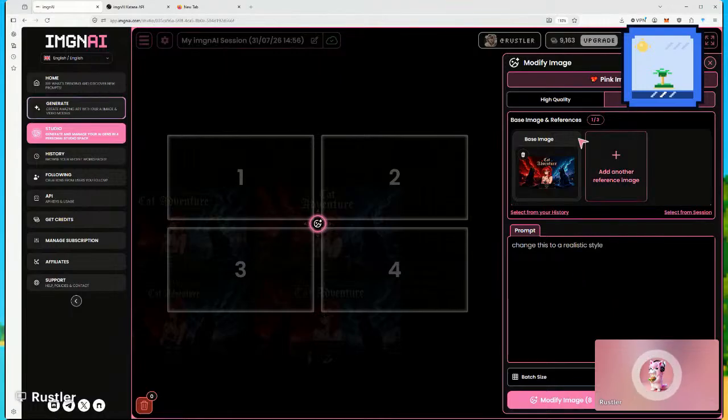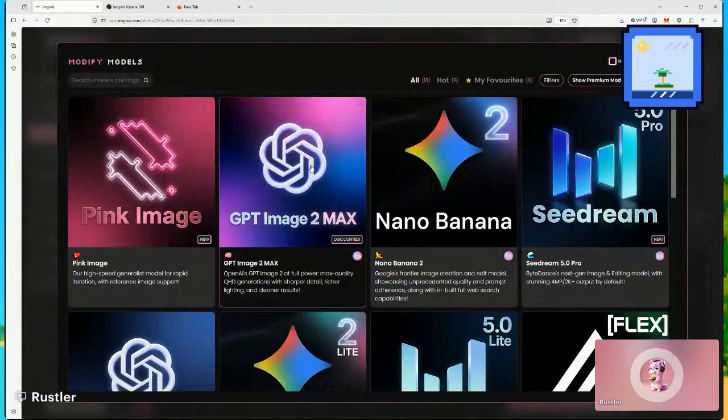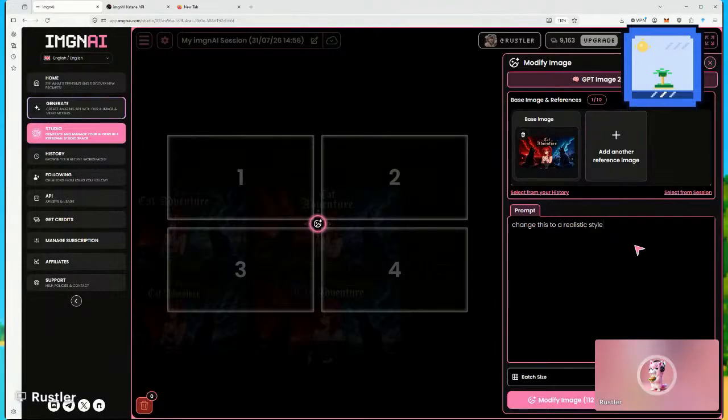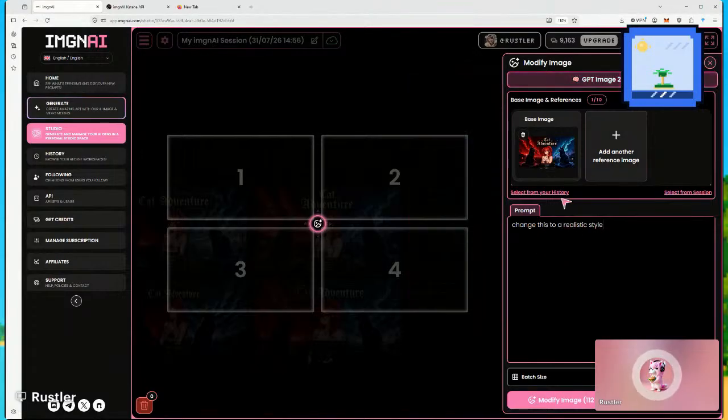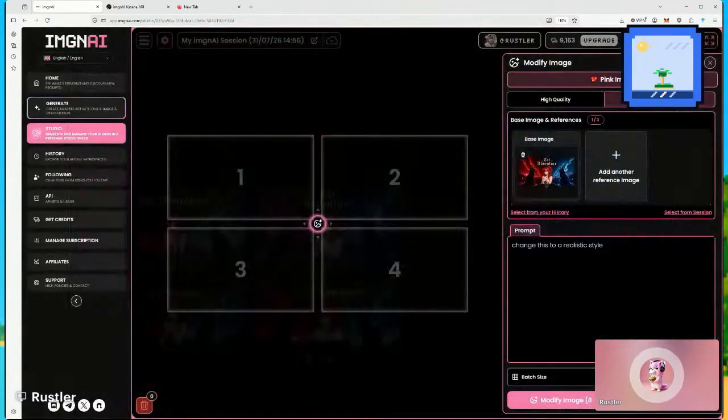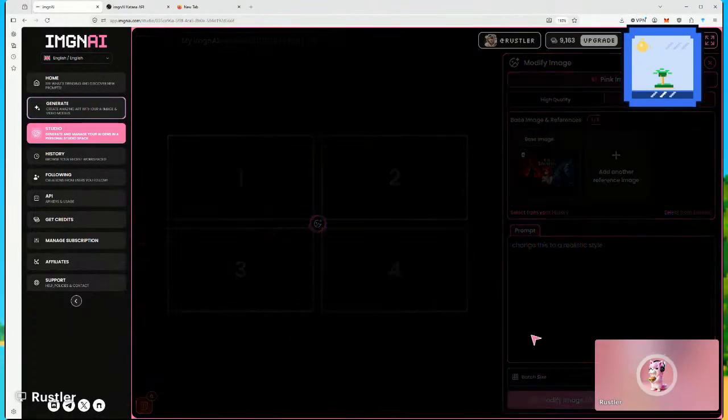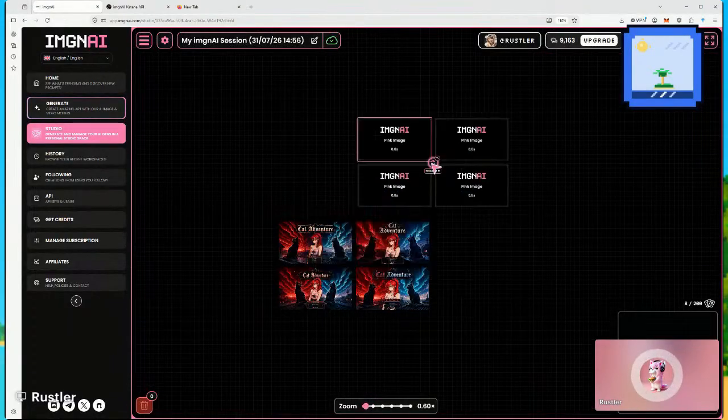Say change it to a realistic style. I'll tell you what, that's going to be quite difficult for Pink Image to do. It can do it, but I don't think it would look very good. GPT Image 2 Max is what I'd recommend for when you're doing a full style change like that. We'll try it with Pink Image, see how it comes out. And we'll also try it